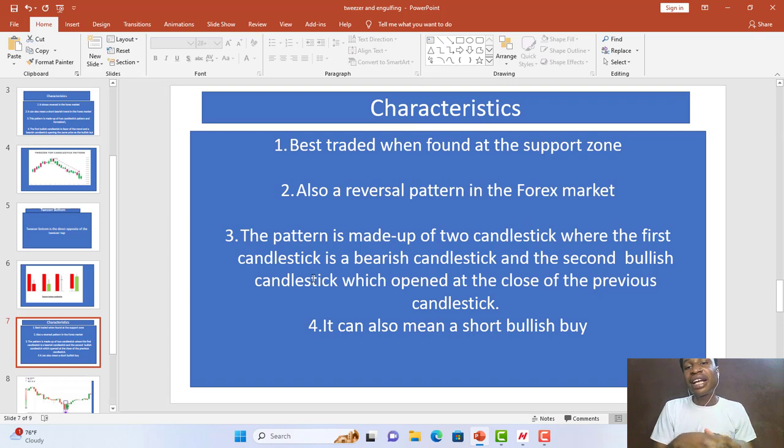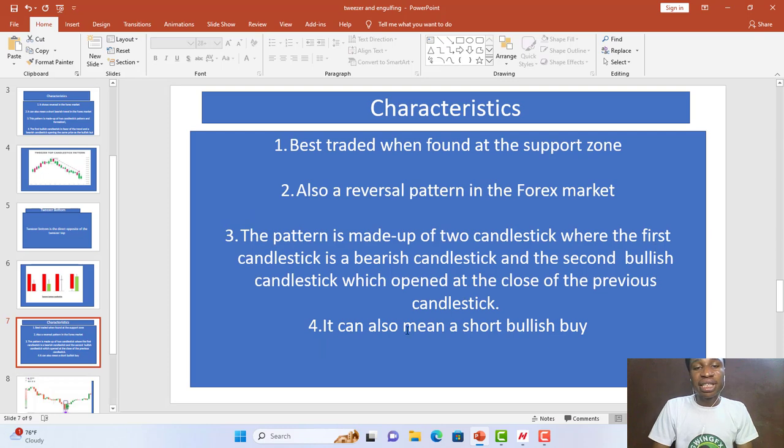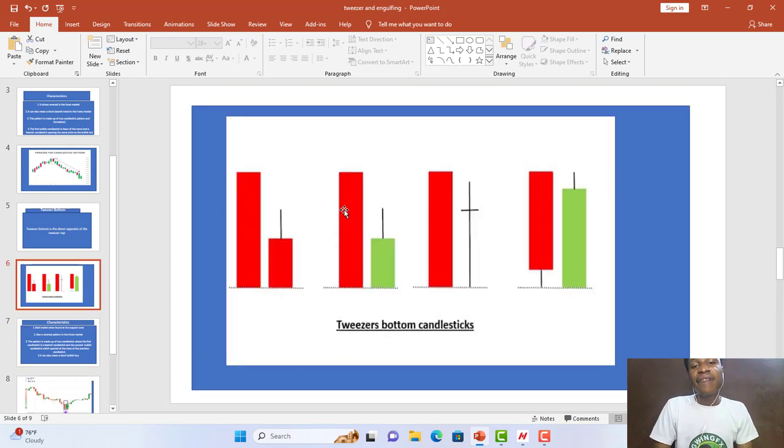Also a reversal pattern in the forex market. It's also a reversal pattern that is at the support zone for a buy. That's an exhaustion of a downtrend, you can go in for a buy. The pattern is made up of two candlesticks, where the first candlestick must be a bearish candlestick, and the second bullish candlestick opened at the close of the previous. So what this is trying to tell us is this: after the close of this bearish candlestick, you must wait for the next candlestick to open and close bullish,